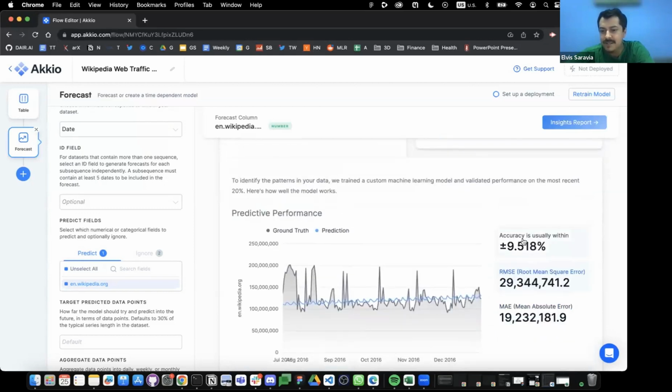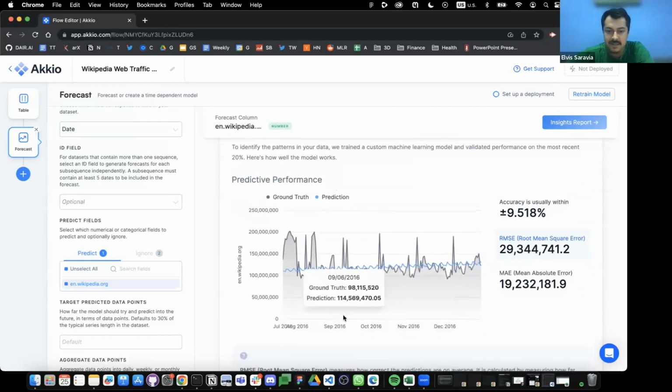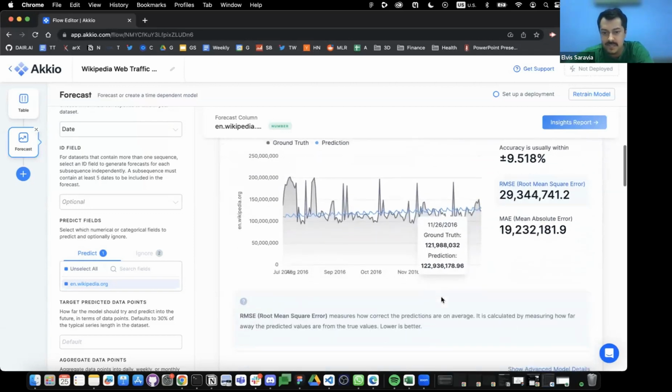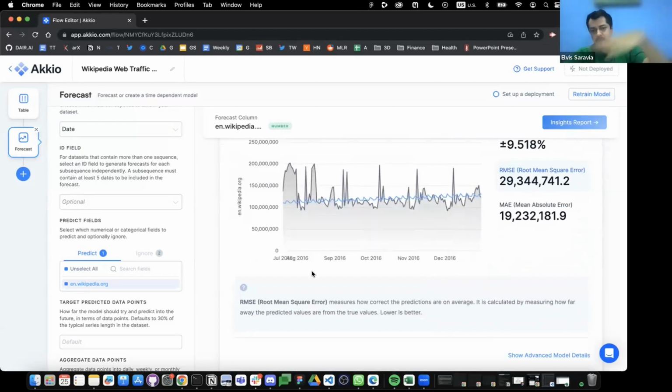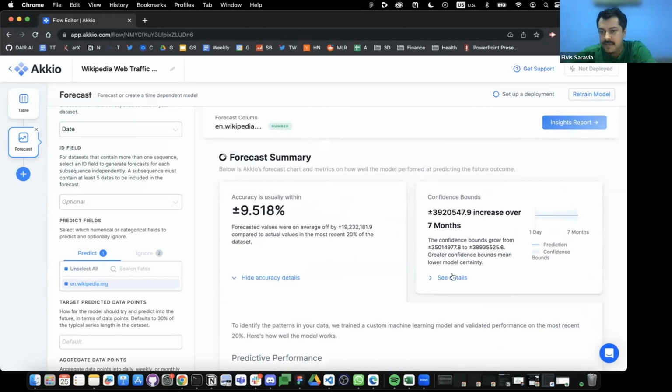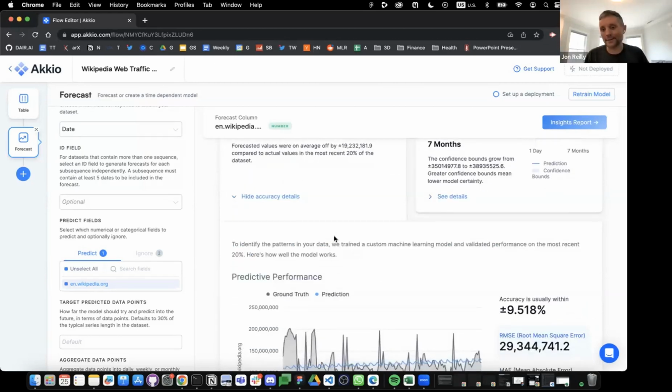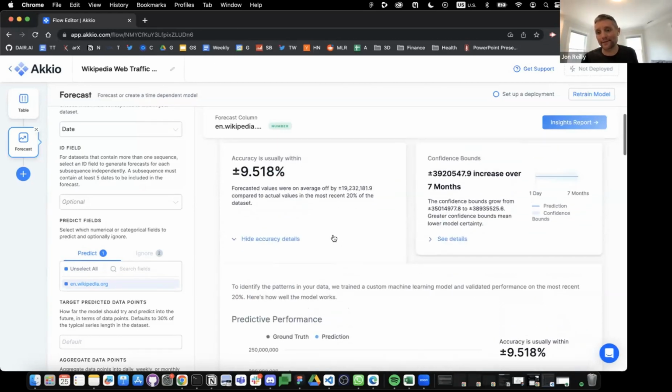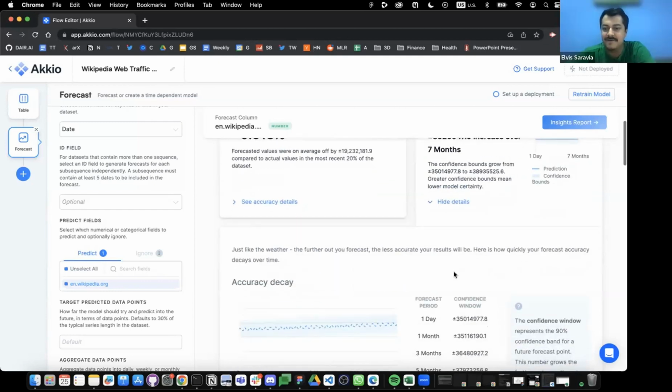Yeah, so usually you want this number to be rather low. And I think the model did particularly good, I would say, in modeling the behavior. Let's look at those. Okay, I was going to say, let's look at the forecast, but you can look at the confidence bounds too. Yeah, the confidence bounds are quite interesting, I think, for forecasting.